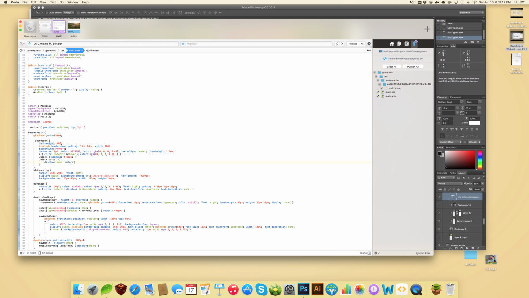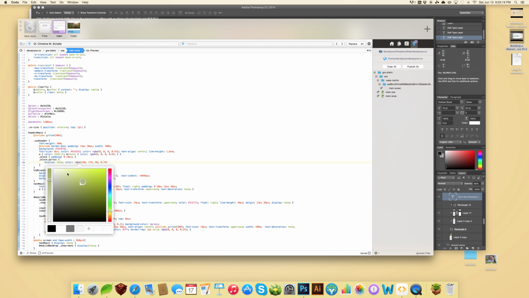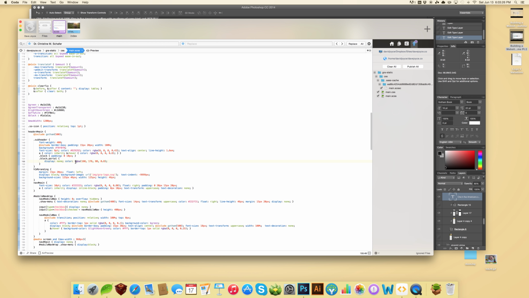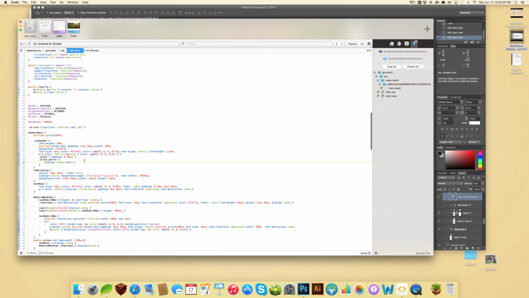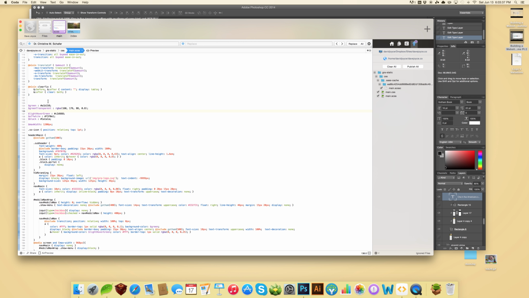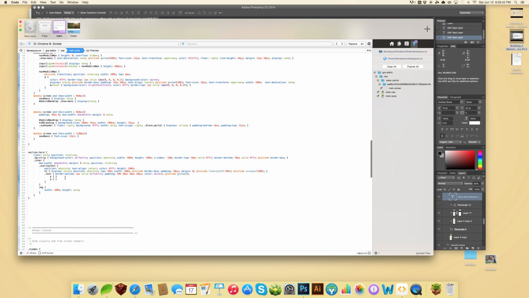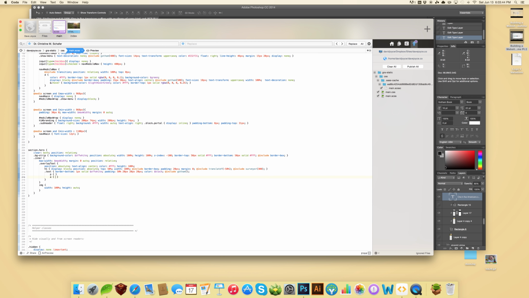I like the little color picker tool in here sometimes for doing these transparent ones. So I'll set that at 0.8. And then that can be my color. There. Which is essentially that, but with a little transparency. Okay, so my anchor is going to be